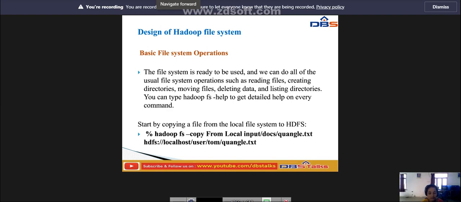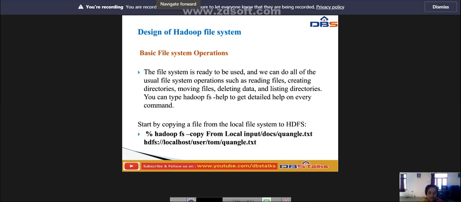HDFS, the Hadoop Distributed File System, implements fault tolerance using data replication and has been designed to store and manipulate large data sets in a write-once, read-many access model for files. So we have some overview regarding this HDFS.